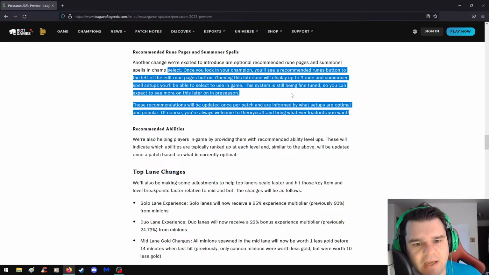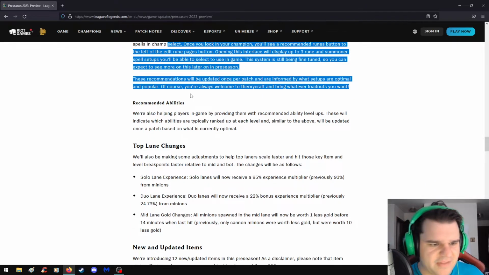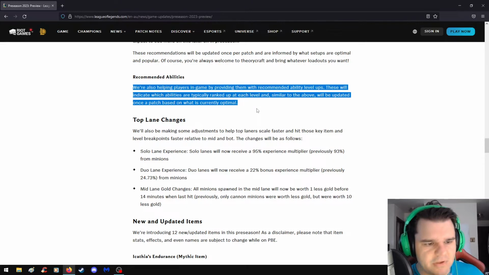But at the same time, I'm glad that Riot wants to make things as easy and as clear and concise as possible for new players as well as people who are learning the game. So this kind of dips into that area a little bit. Recommended abilities, so just ability leveling. Everybody knows, or most people should know that have a basic grasp of the game, that you always level one ability at level 9, then 13, and then I believe it's 18, and then your ultimate always is 6, 11, and 16, with the exception of